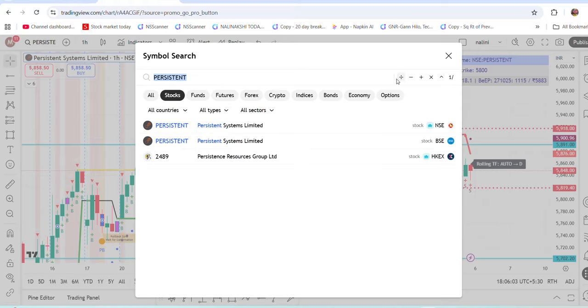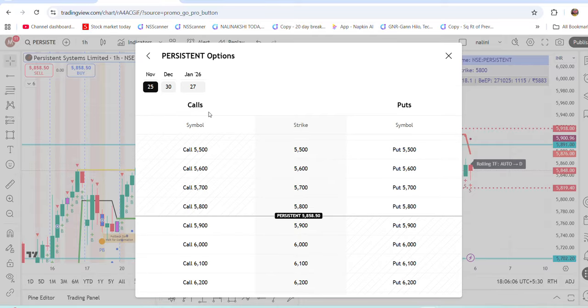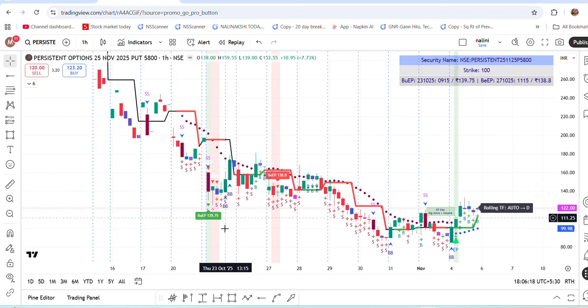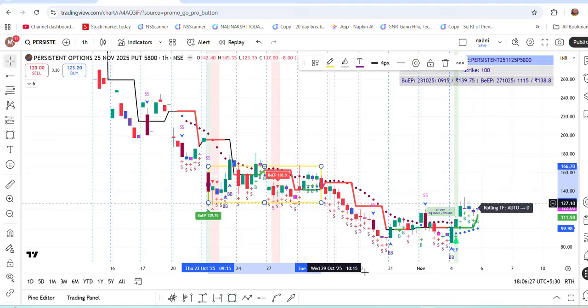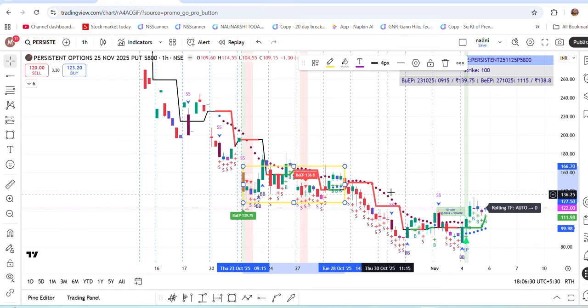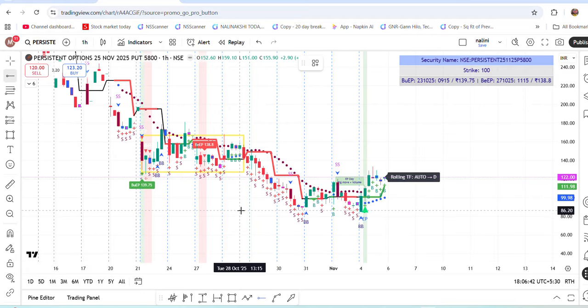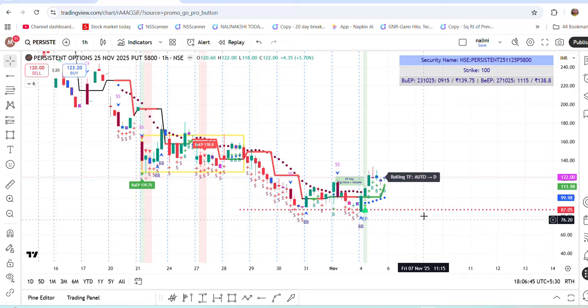Let us go and see what has happened in the put option, whether bullish sentiment has been generated over here, and whether any big institution is accumulating that put option. Let us see. If I look there, you can see very clearly on the 27th, the bullish and bearish behavior has taken place. Now bulls have taken control. This is the climax. So here from the level of 84, 85, that bullish sentiment has been triggered.